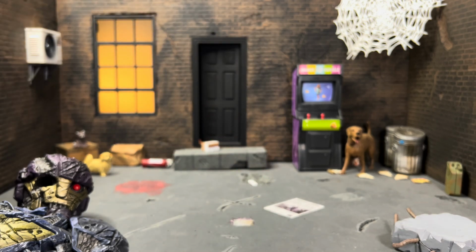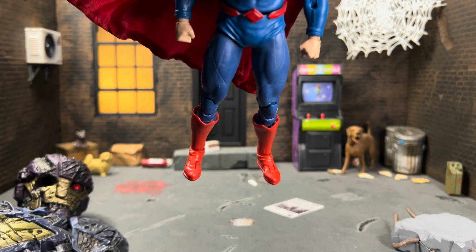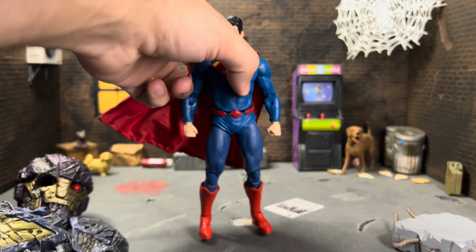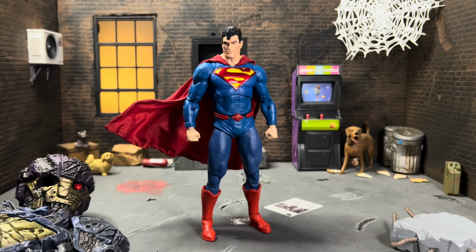Are from that 2-pack, and then the boots themselves are from that Superman from that same pack. And what I had to do, which you can kind of see in there, I'm not a big fan of how the lower legs look inside the boots. I wish I could have gotten them to look a little thicker, but I literally heated up and just cut off the boots of the Rebirth Superman's legs, and then put the,